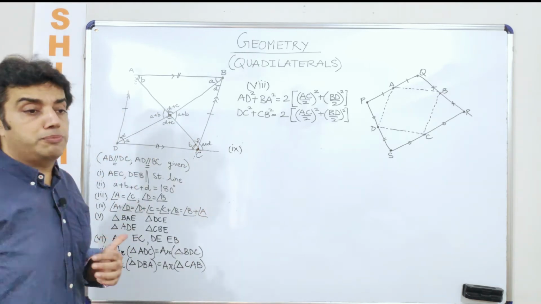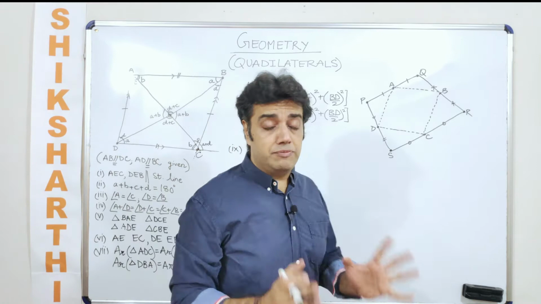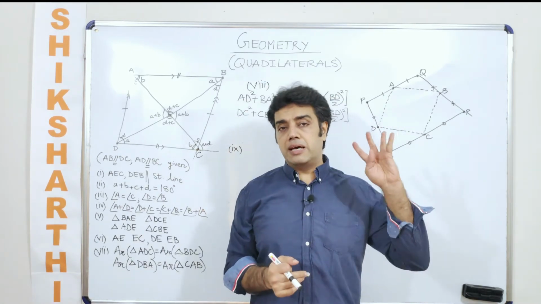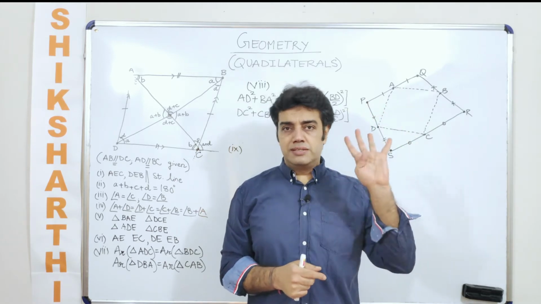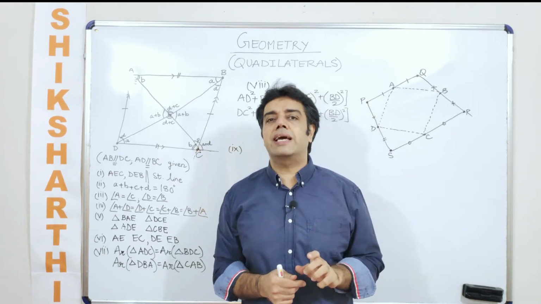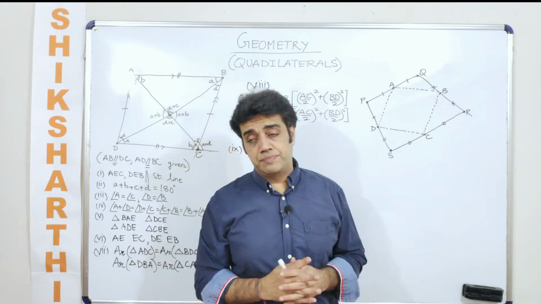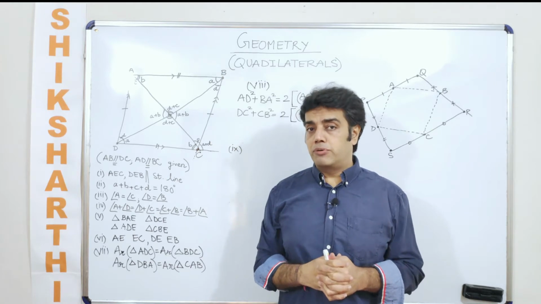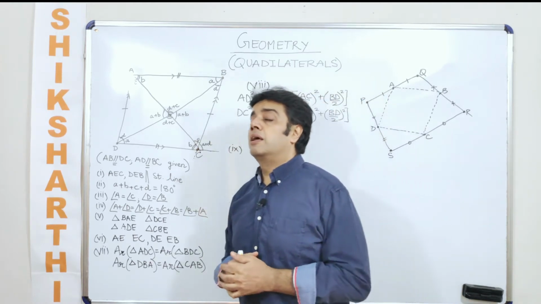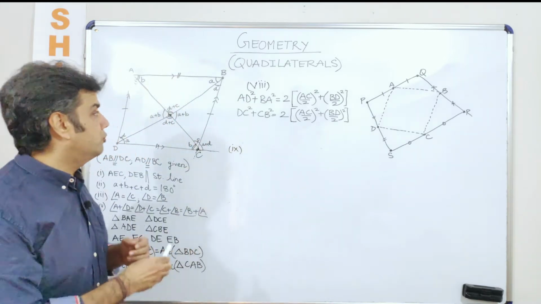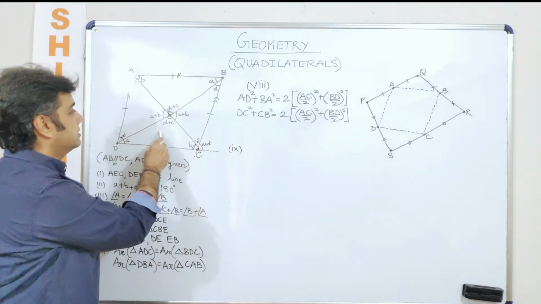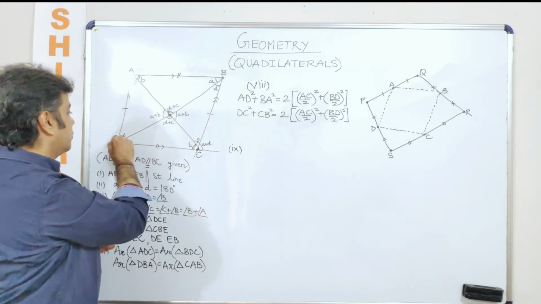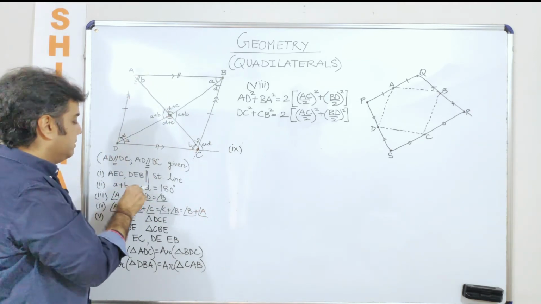Now we can use the property of triangles here as discussed earlier. Triangles are very important and we talked about 4 things: similarity, congruency, perpendicularity, and parallelism. So parallel lines. These 4 things are very, very important when it comes to geometry. So the moment we are able to make 4 different triangles out of this parallelogram, I can use the sum of all interior angles of a triangle, and I can say that A plus B plus C plus D